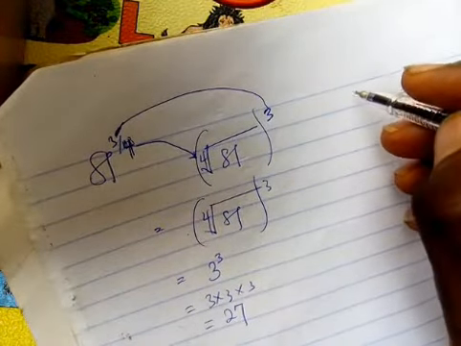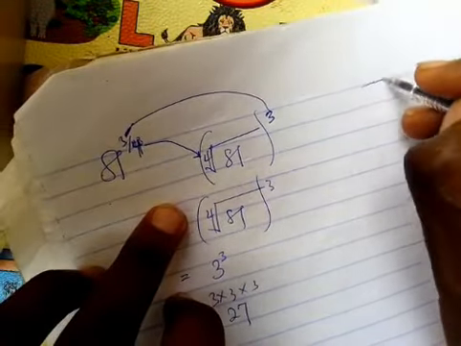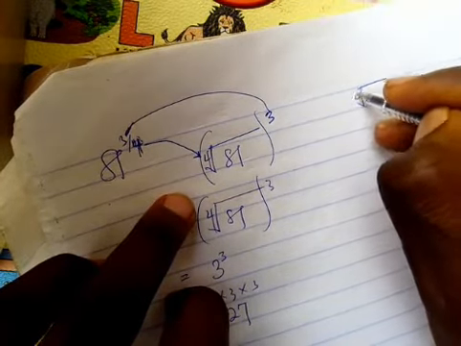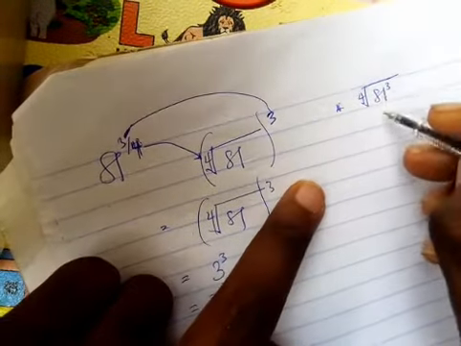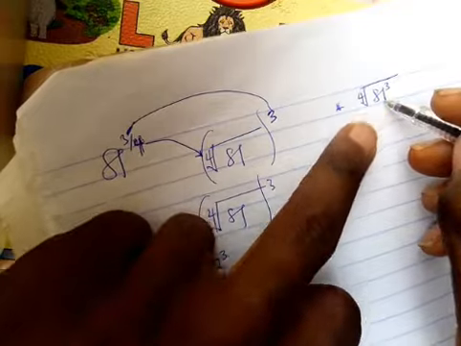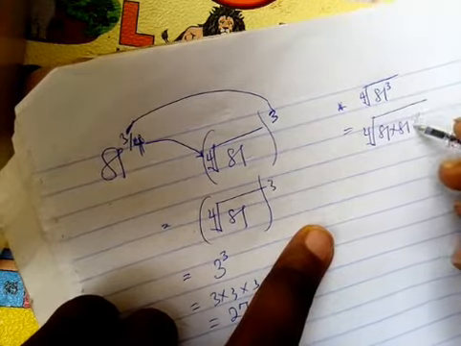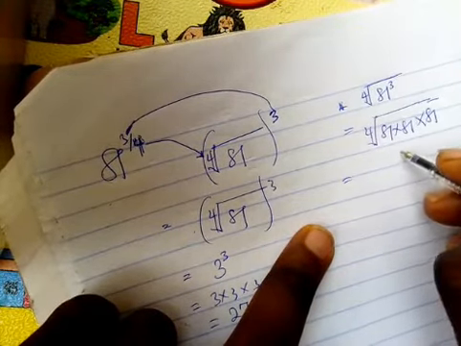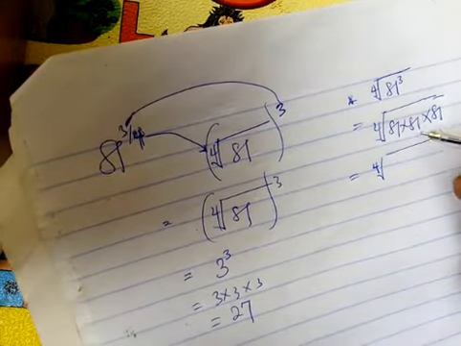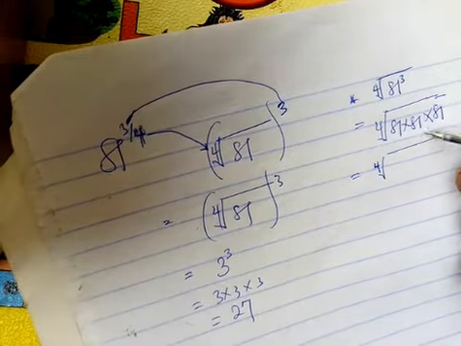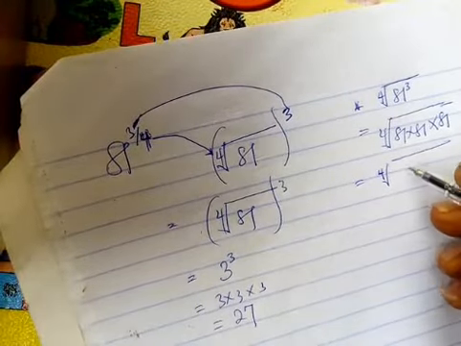You can also solve this question like this. You have the 4th root, then you have 81 raised to the power of 3. The way you go about this is, first of all, multiplying this 81 into 3 places. So you have the 4th root of 81 times 81 times 81. You can see that instead of simplifying it, it makes you begin to expand. It becomes complicated. Now 81 times 81 times 81, when you use your calculator, you are going to have